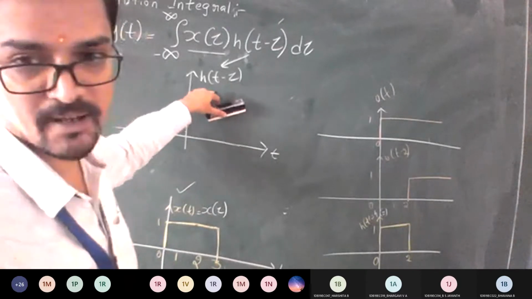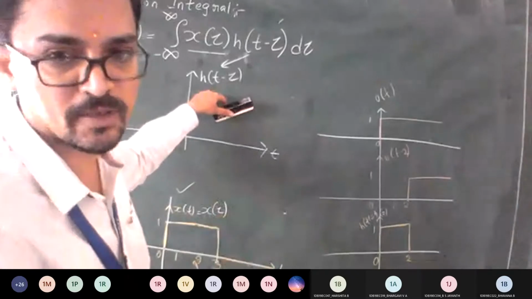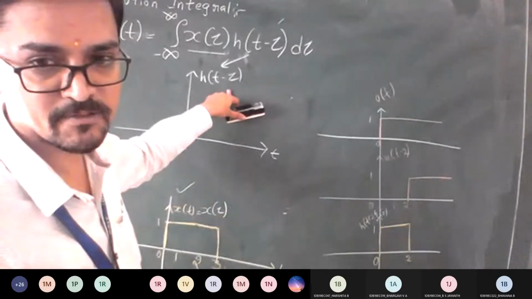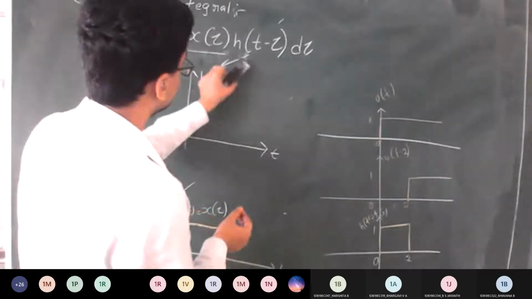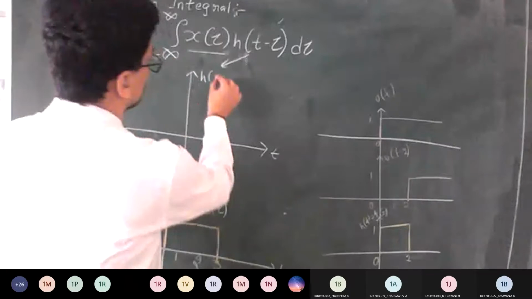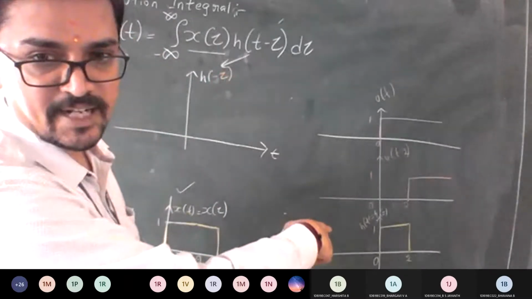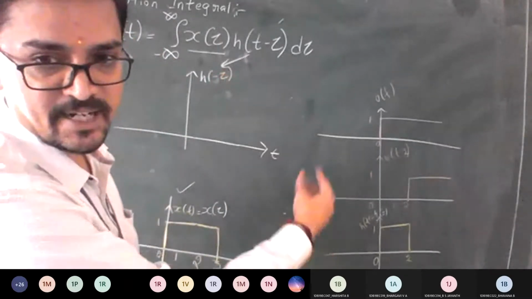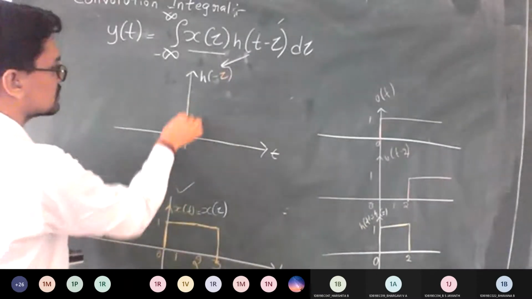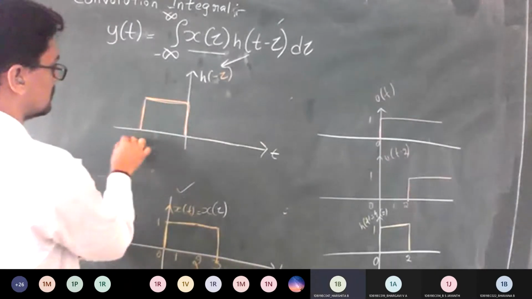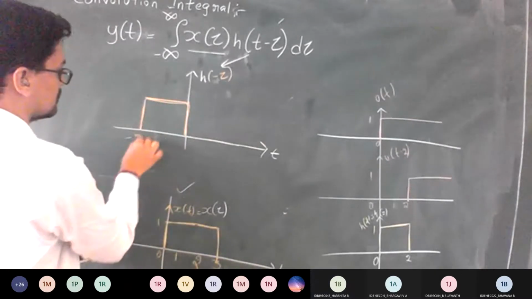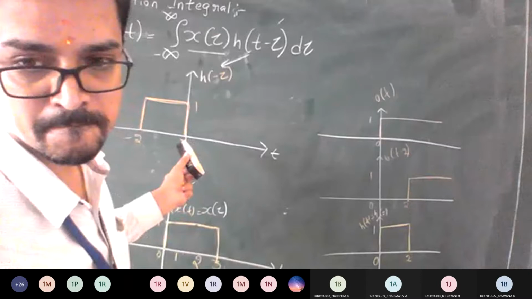I can give a delay. T values, right? 1, 2, 3, 4, and so on. In general, everyone remember how to plot h of minus tau? Let me write here itself. So it is on the right hand side. So this is how it looks: h of minus tau, from minus 2 with amplitude 1. Is it correct, guys? Is it okay?